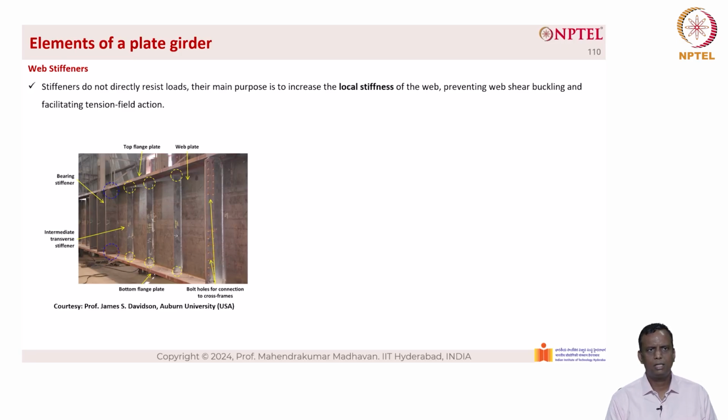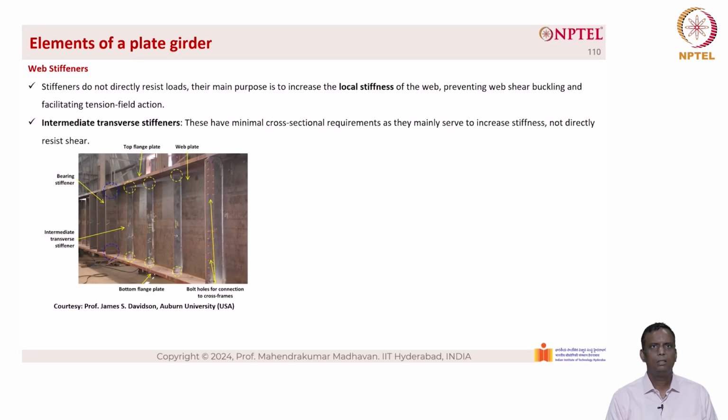It is also given for bearing stiffeners, which is marked by the blue circle at the bottom of the bearing stiffener, simply to ensure that there is a passage of air, and when air is going through that opening, it will also absorb the moisture, so that there is no possibility of pitted corrosion. So the structure lasts for a much longer period, and it is simply a protection against corrosion. So the intermediate transverse stiffeners have minimal cross-sectional requirements, as they mainly serve to increase stiffness,